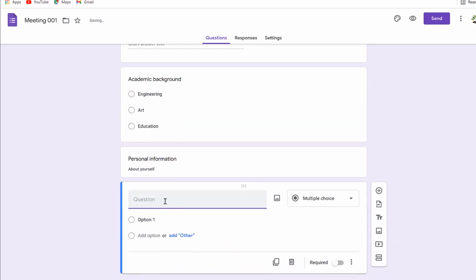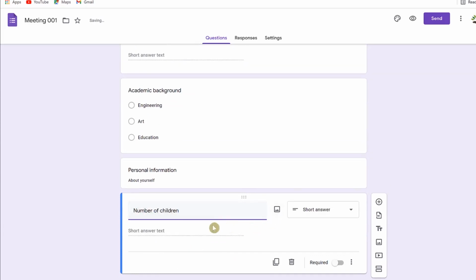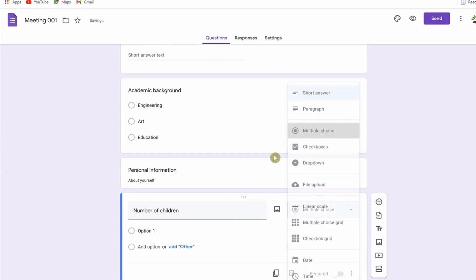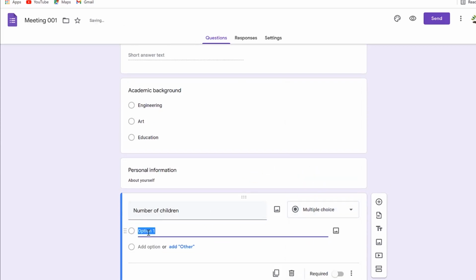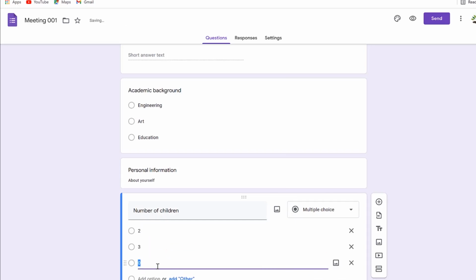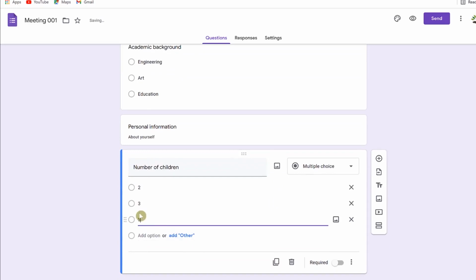For example, we can say number of children. You can give the number, or we can give in options, maybe multiple choice. You can say option 1, 2, maybe option 2 you can give it 3, option 4 we can say 5. So you can choose from anyone. Just like that we can keep adding